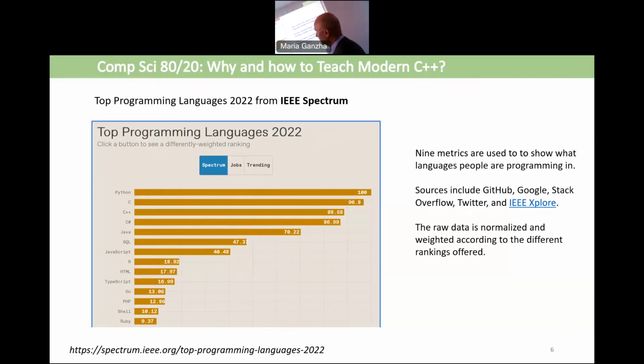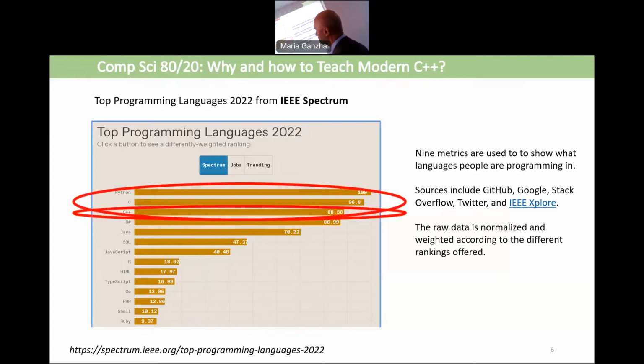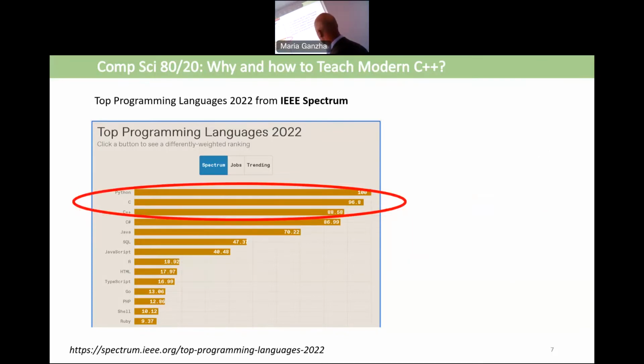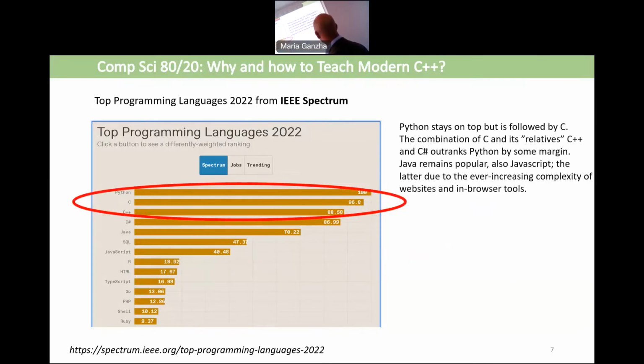We see that again Python, C, and C++ lead on the top. If you go to jobs, trending, they are different. C++ is in a lower position, but that's not the point here. We can see that it is still an important language, and probably will be. So the question is not if, but in what manner we should approach this teaching.